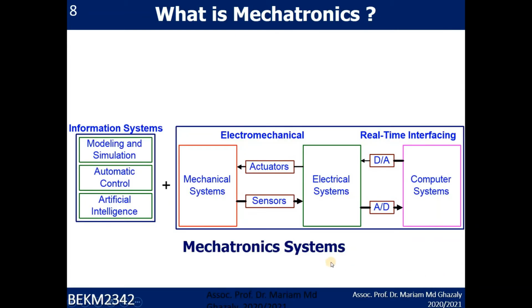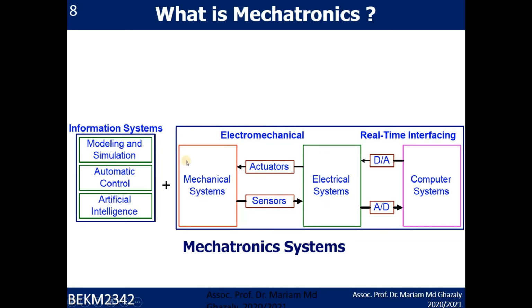So let's look at the detail of the mechatronic system. We look at the information system first. You can see here we have the modeling and simulation, we have automatic control, we have artificial intelligence. All of this is under the information system, and you can see that automatic control and artificial intelligence are under the control subcategory. Okay, so once you integrate this with the electromechanical, so electromechanical is the combination of mechanical system